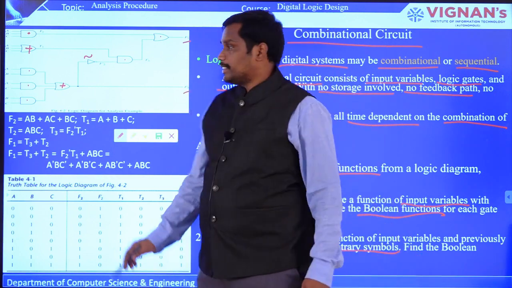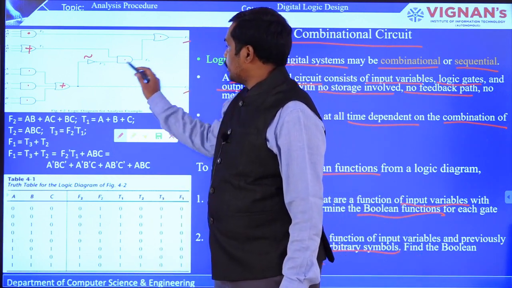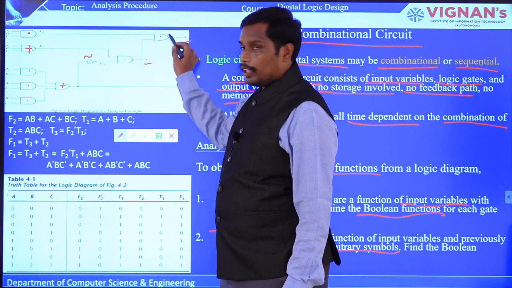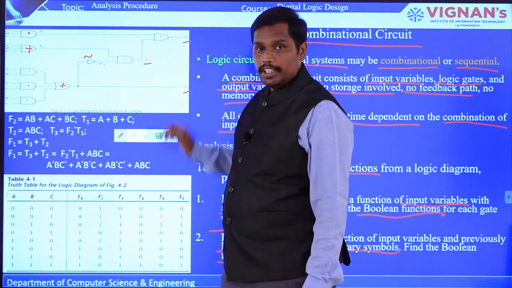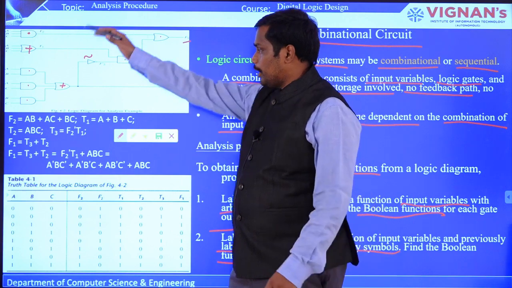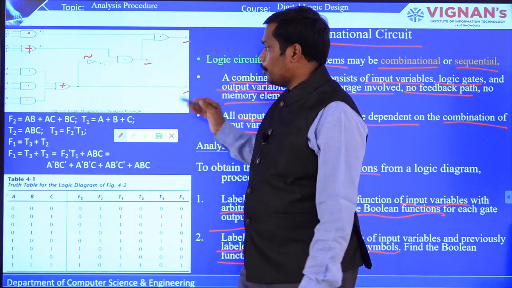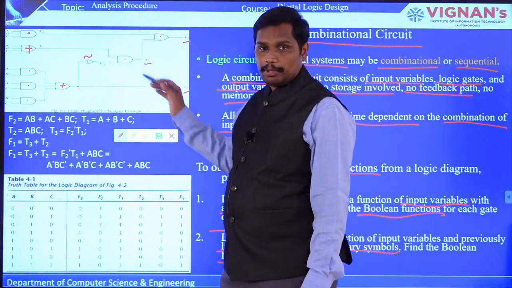This particular statement says that in order to get F2, you can have T3, which is also another function given as an input to the gate. So this is how a logic diagram is given, and now we are going to extract the expressions from the logic diagram.